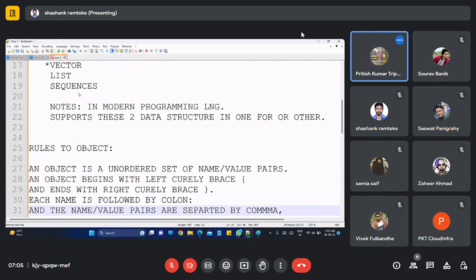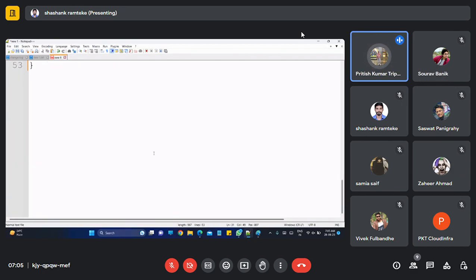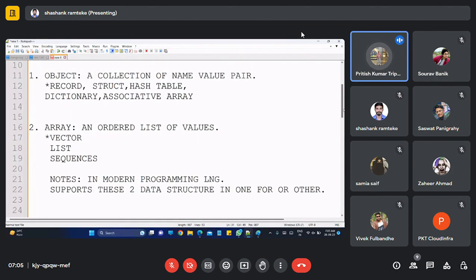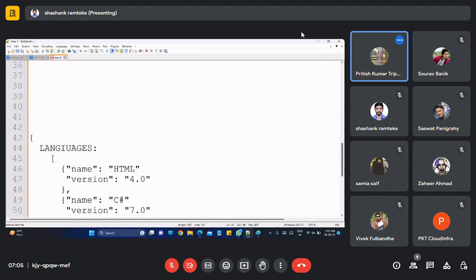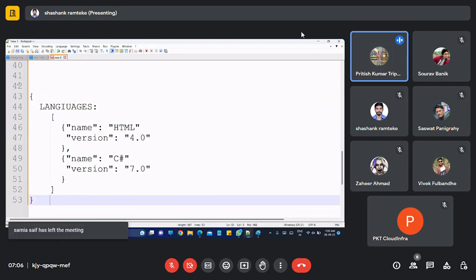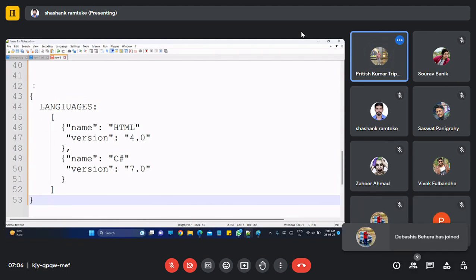Yes or no? If you make a comparison, okay, let me make a comparison here. See what I have said. Now looking at this JSON file, who can tell me which one is the object? Guys, who can tell me which one is the object? Please try. No problem if you fail.